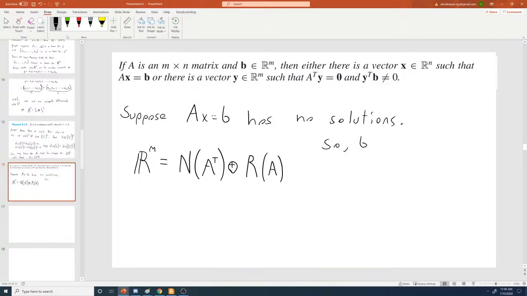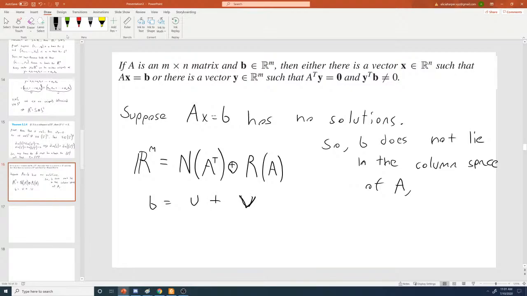So B does not lie in the column space of A, which means we can write B uniquely as the sum of two things, U plus V, where U is an element of the null space of A transpose, and V is an element of the column space of A, and consequently, it follows that because B does not lie in the column space, V here has to be equal to 0, and U here,